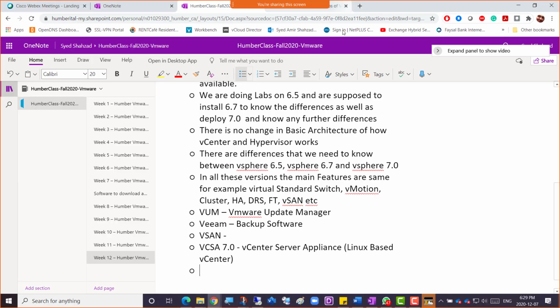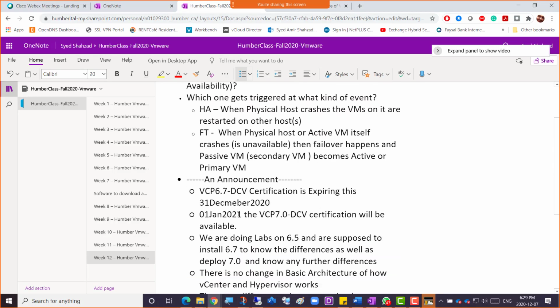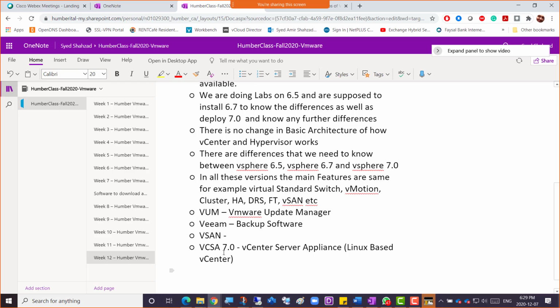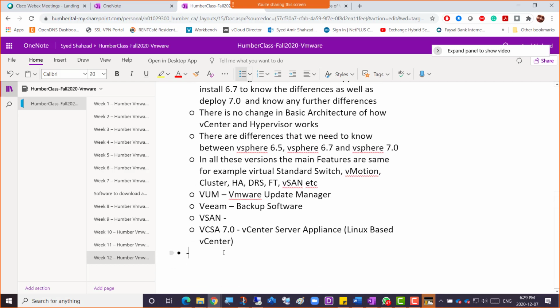But what is VUM? VUM is VMware Update Manager.